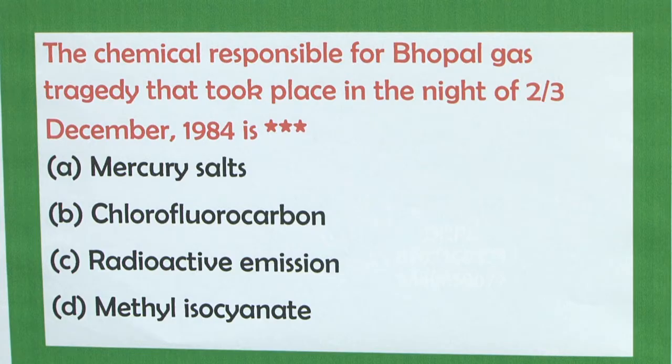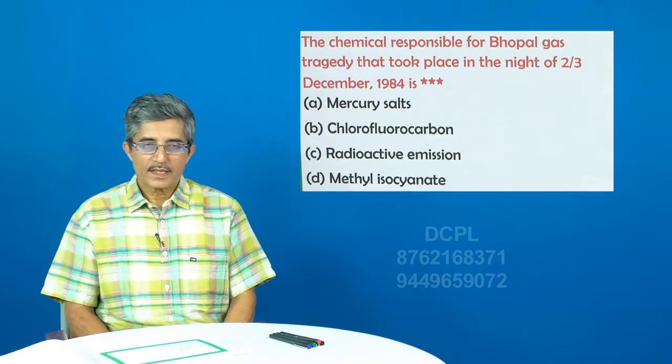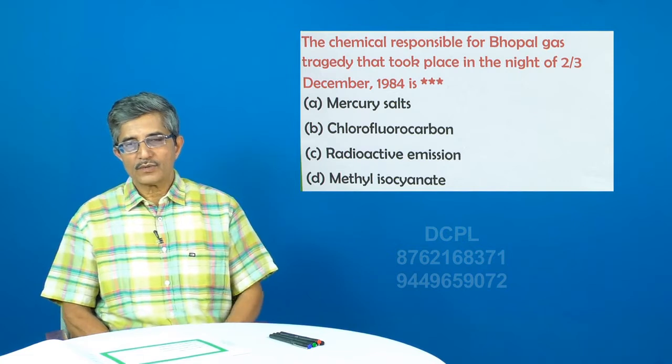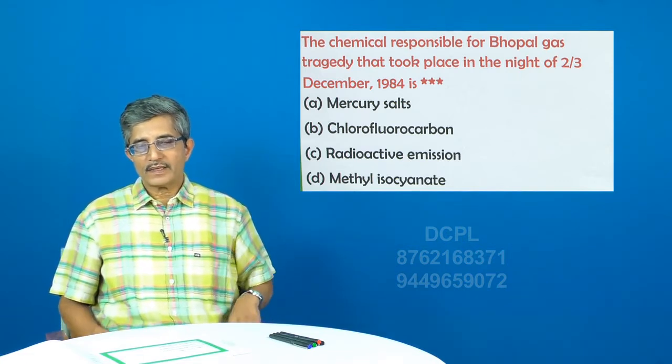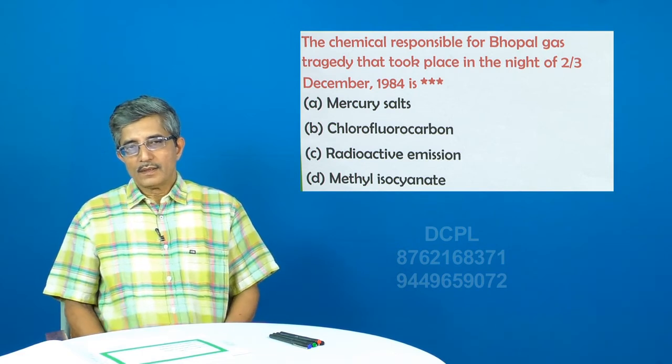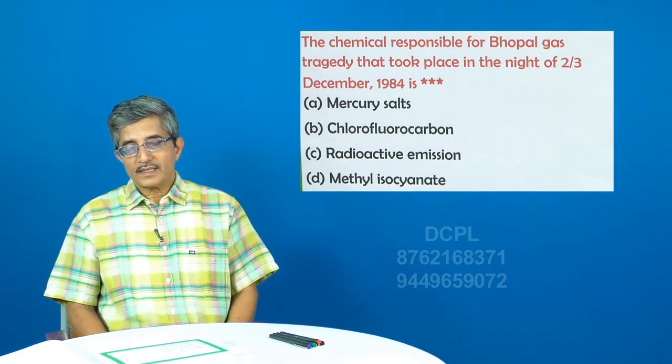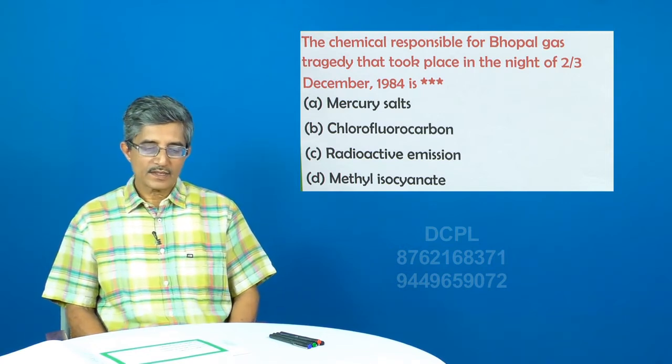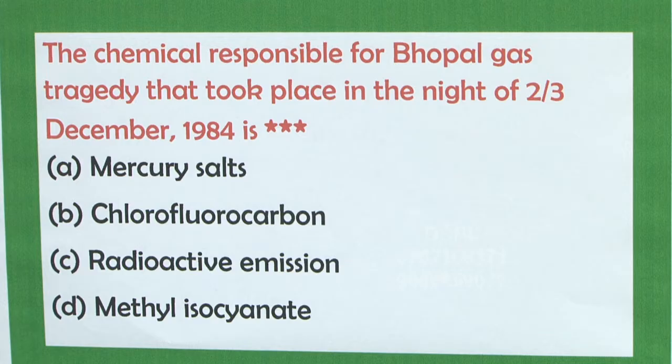Next question is like this, students. It's related again to air pollution. Some serious incident which took place in our own country. It's a very important case study in the world today, which is referred to by many people to know the impacts of serious levels of air pollution, especially industrial accidents, what it can cause. So, the question goes like this: the chemical responsible for the famous Bhopal gas tragedy in our country, which took place on the night of 2nd, 3rd December 1984 is